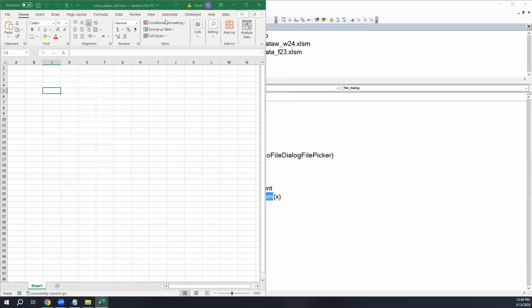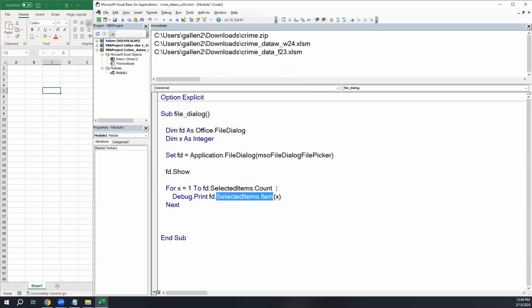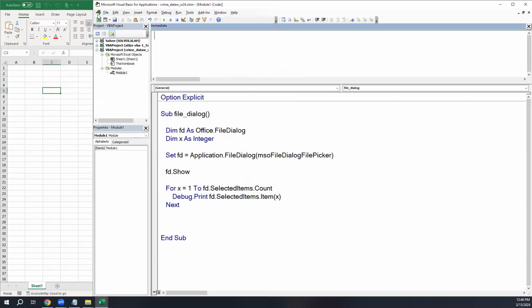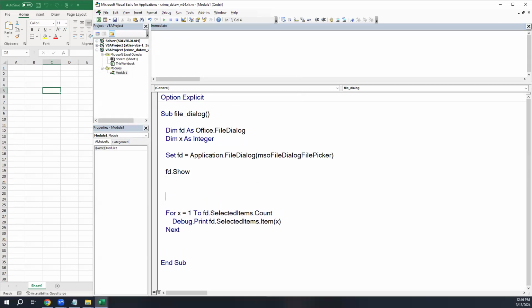I wonder what happens if I try to cancel out of this. It still does fine, doesn't print anything, but it's okay. Let me just express to you how I can tell the user pressed cancel here. So I'm going to say